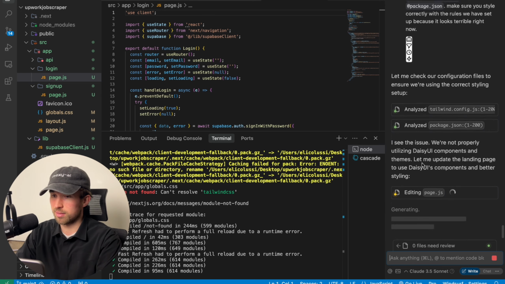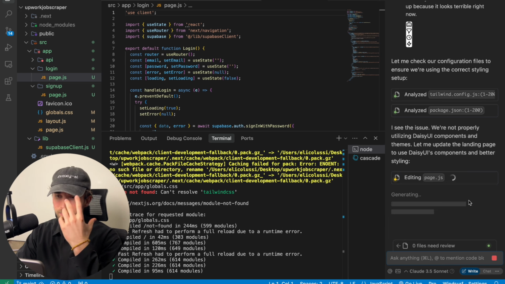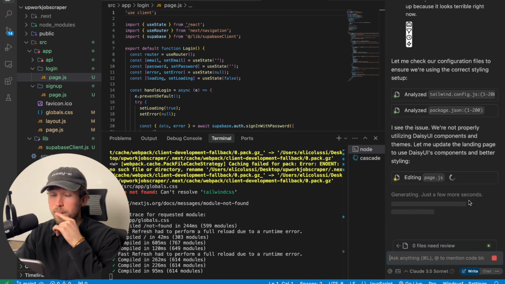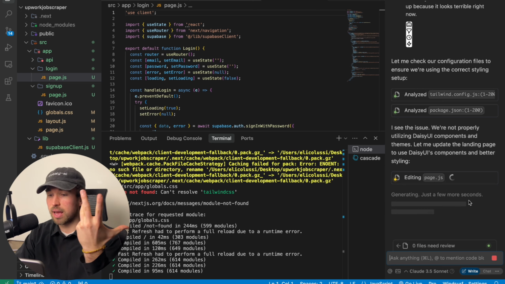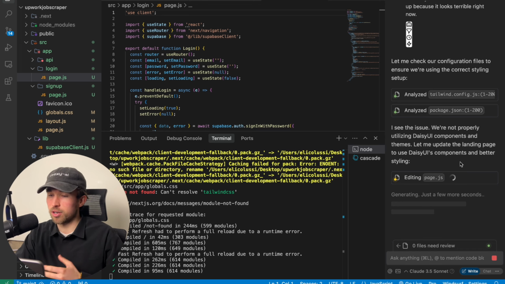So it says, I see the issue. We're not properly utilizing Daisy UI components and themes. So hopefully my prompt has worked and it's just going to one-shot this and get it working and make it look absolutely beautiful. But with these AI coding tools, there's always random issues and things that it doesn't do well, so oftentimes you need to go back and reprompt.